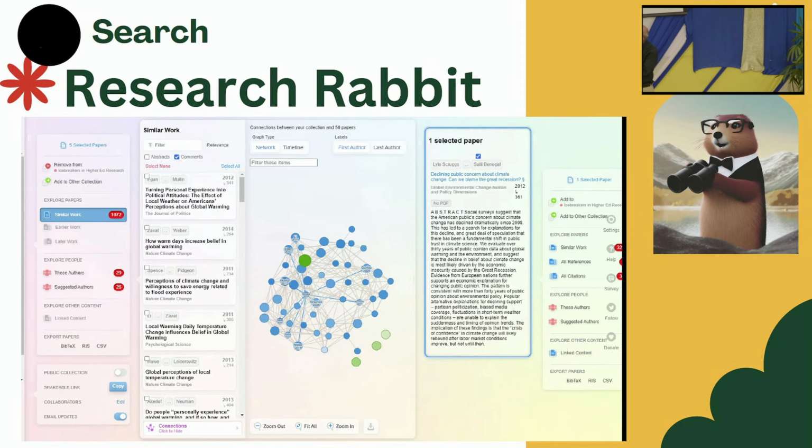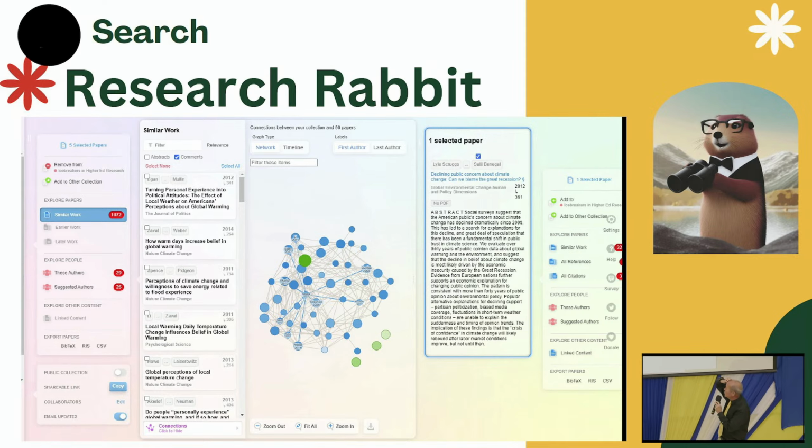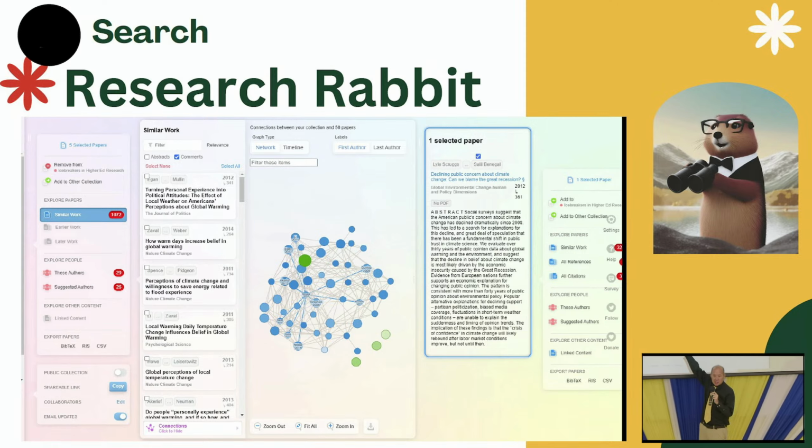Your library is still not visible. From your library, you can click on similar work. There's 1,000 things like the 12 you just clicked on. And then you could ask it to show that similar work in this network format. And this is the magic, at least as I use it, I'll ask you in a sec, this is the magic of Research Rabbit. The items that everybody quotes are really big bubbles, and they've got lots of lines because everyone's quoting them. The items that nobody quotes are off to the side, and they're highlighted because those are the ones that I selected. So I did a bad job of choosing important articles about fruit fly mating habits, or whatever it was I was looking for here.